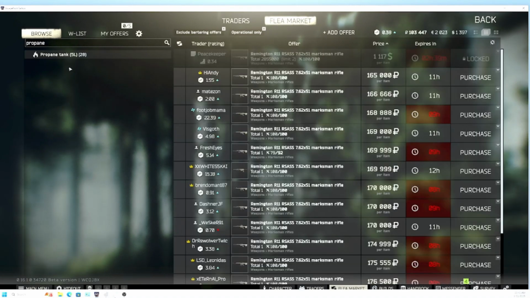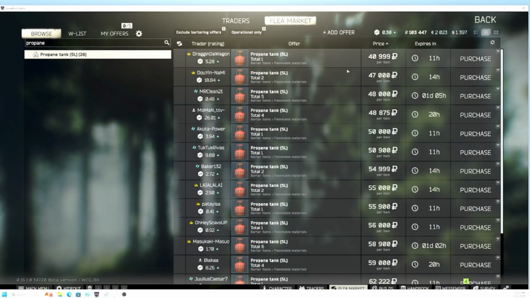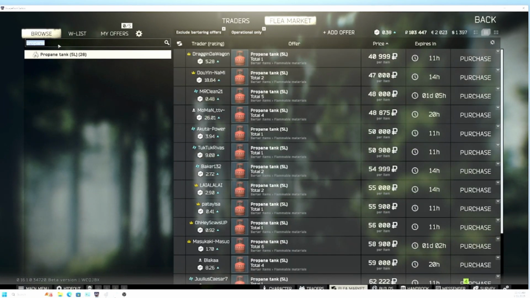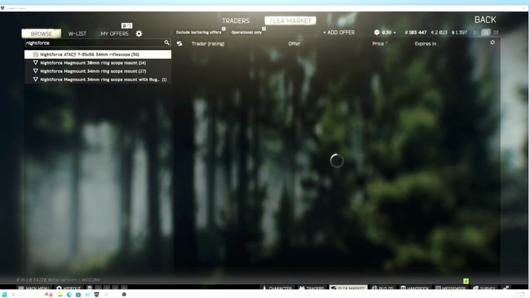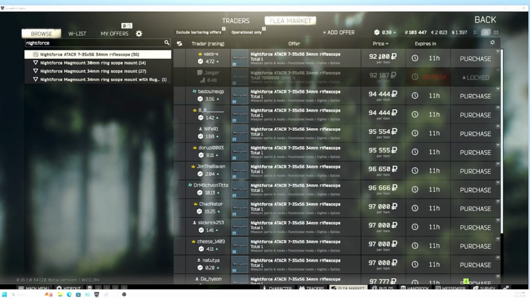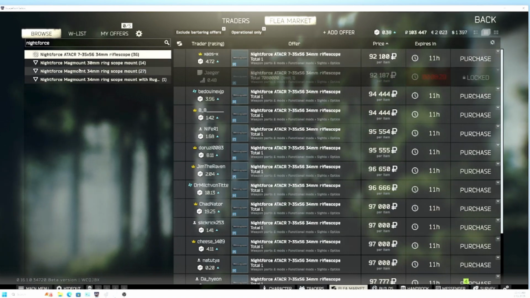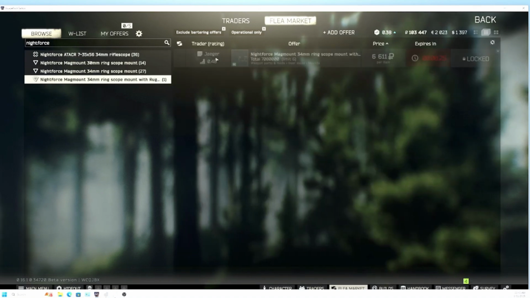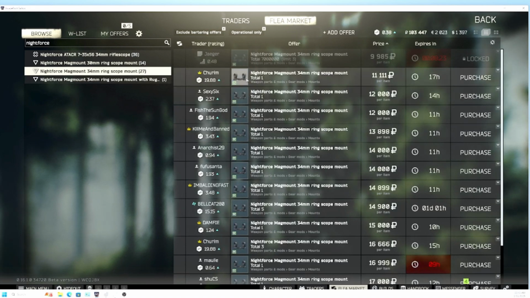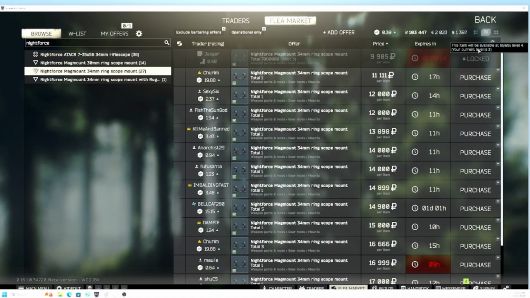Take that off. 40. That's not too bad. So let's go Night Force. So there's a scope, 92. That's a bit pricey, but it is cheaper than the Schmidt and Bender. And then here's the two options, and you can't get a hold of that one. So this would be the option you'd have to use, and it's 11,000. But I think it's cheaper than a can of propane. Okay,